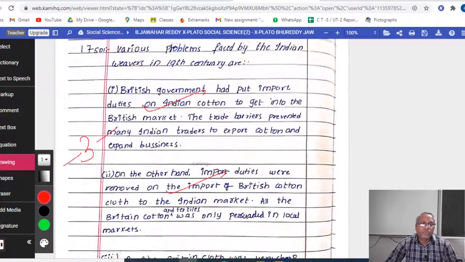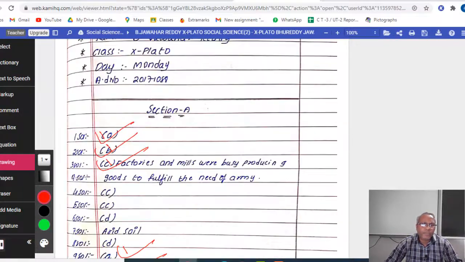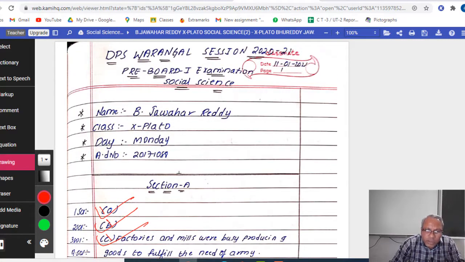And coming to the 1-mark questions, all are correct, so he gets full marks. So I am mentioning here history, civics, full 40 out of 40.